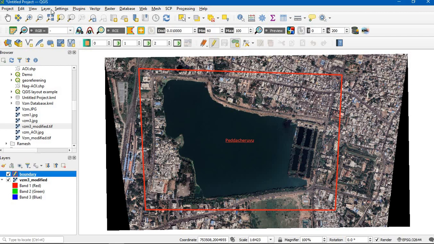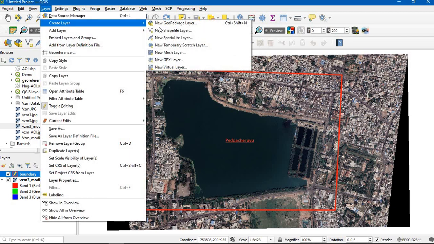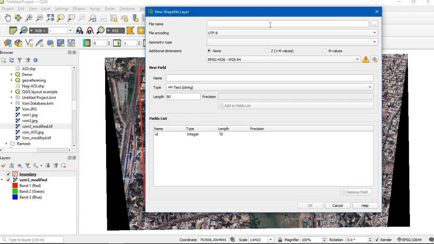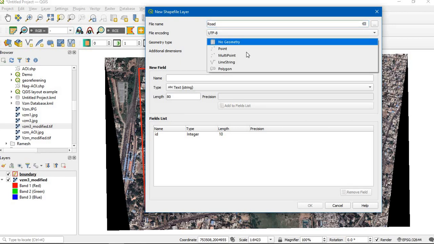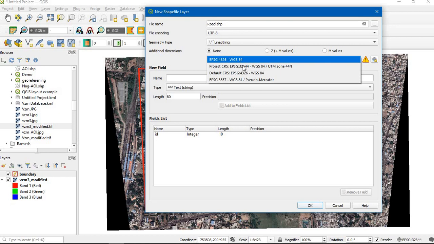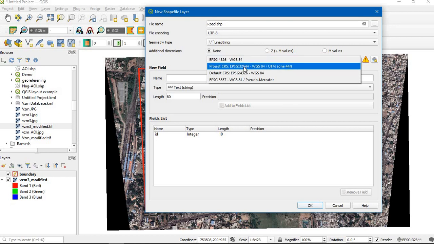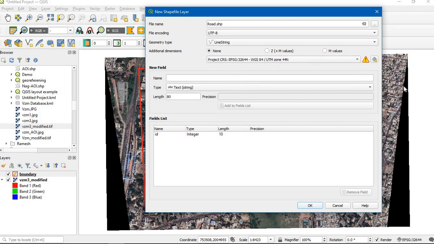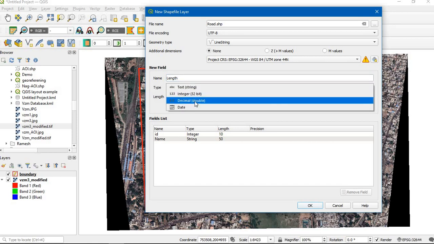We will start so simply for creating layer, new shape layer, road. The geometry type is line string. Projection system is WGS 84 / UTM zone 44. I'll add here name, road name, text 50, add field, length, decimal,